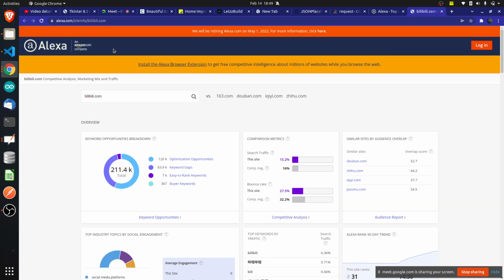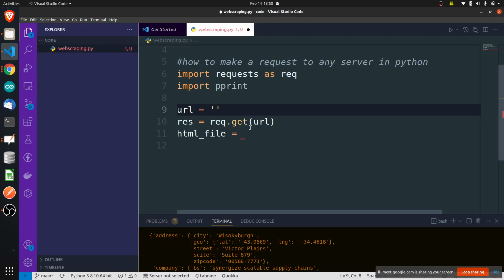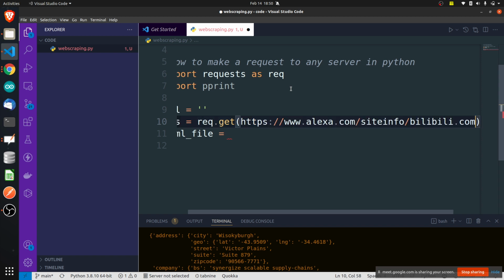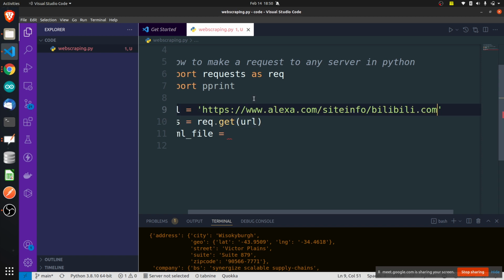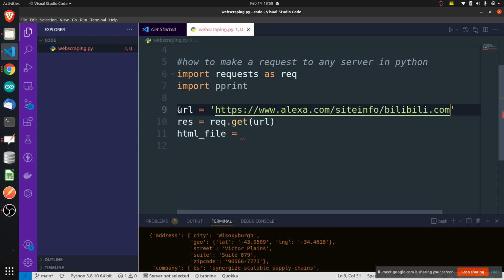So which type of request will a browser make by default? Get request. By default, every browser will only make get type of request. We want to scrape this website. Let me write. I'll first make a request to this particular URL, and I'll grab the HTML page. Make a get request to this particular URL, store it in the response, and just do